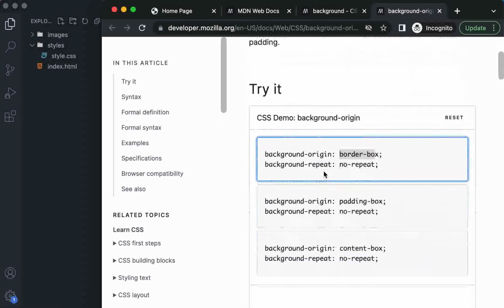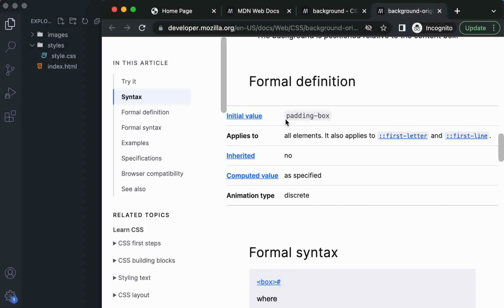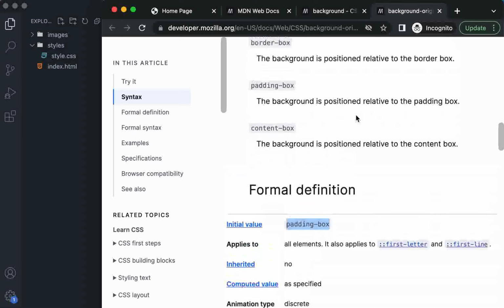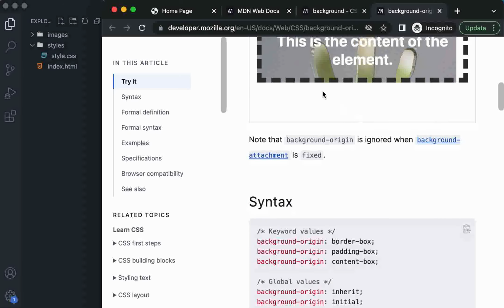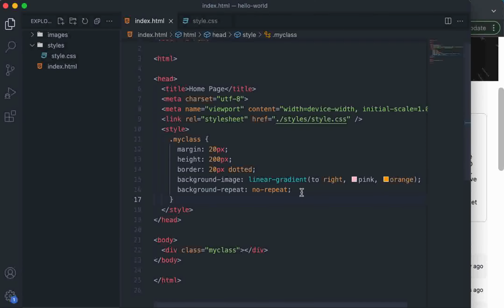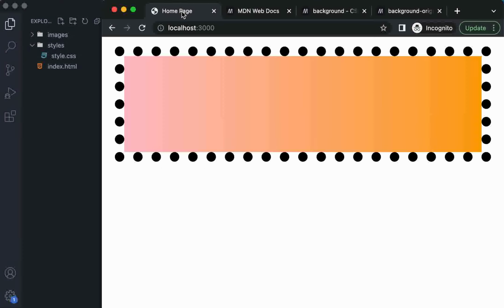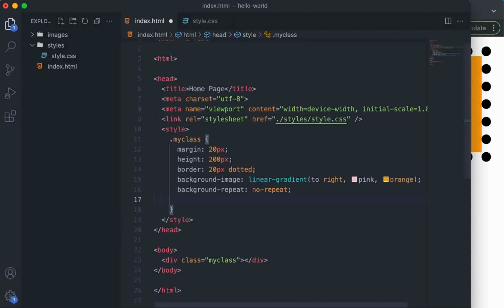And at the end of the documentation mostly you will see its default value, which is padding box. Now we know what is padding box, content box and border box, so we can play around on our own with this. It looks like it has a default value of padding box,